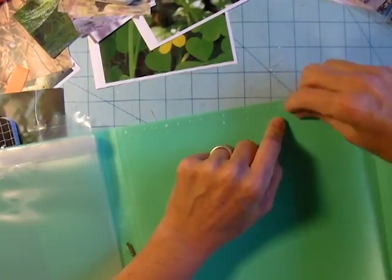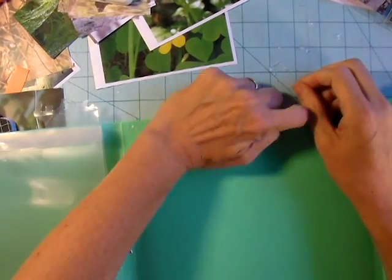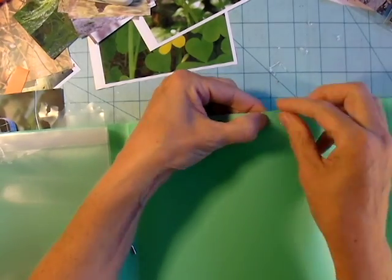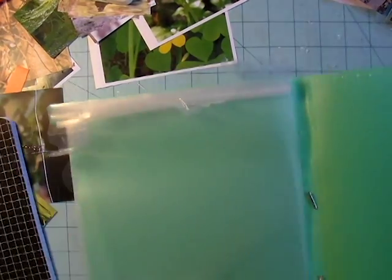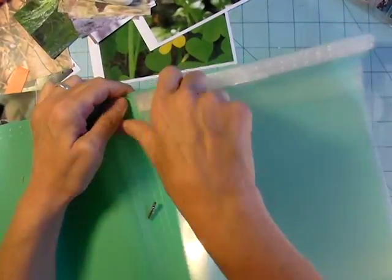I am going to use this as my book of lists. It's inspired by the gals on Junk Journal Junkies, a Facebook group, who have been doing the 30 days of lists. Since I'm not disciplined enough to do it every day for 30 days, I'm just going to make this my book of lists. So I pull out the rest of the interior,